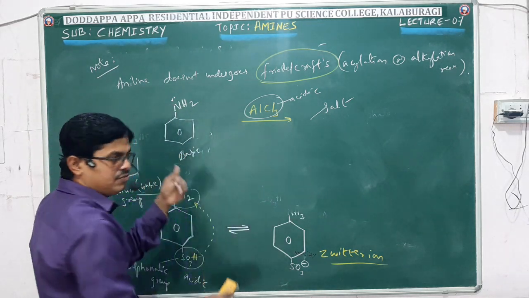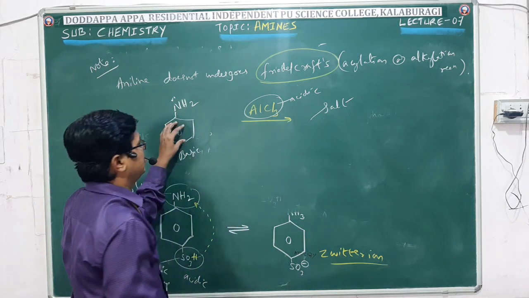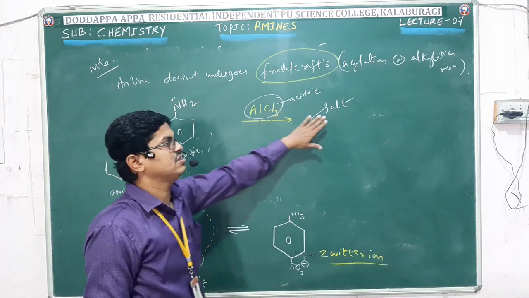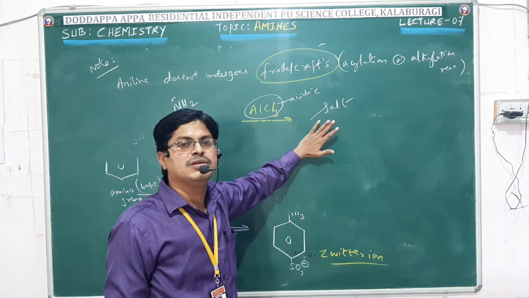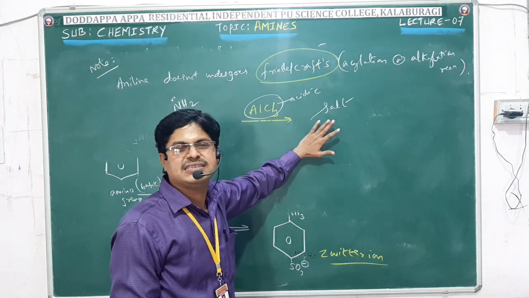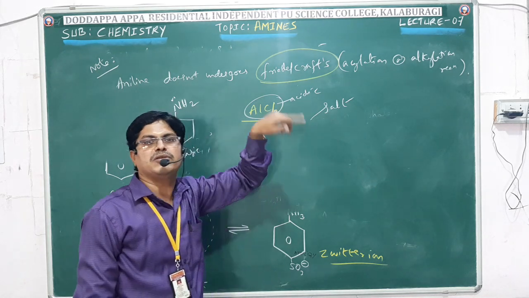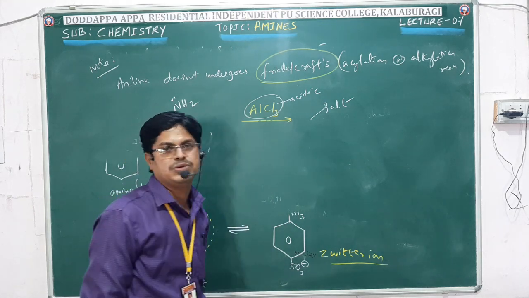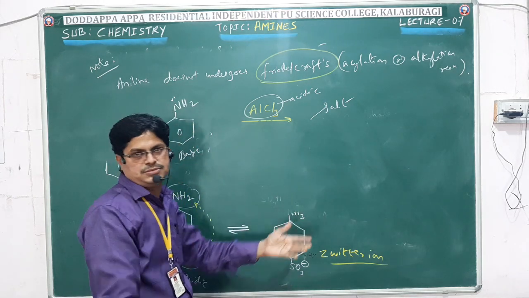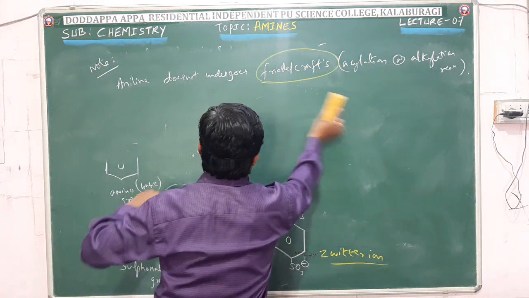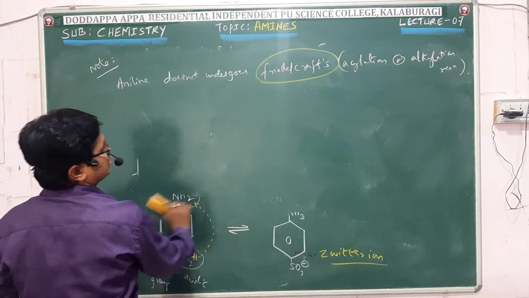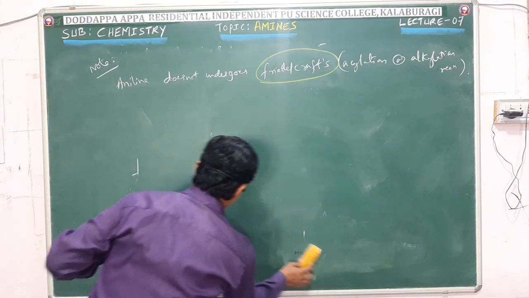Of course, if you want still in depth, this aniline when reacts with what? Aluminium chloride, it forms a salt. In that salt, aniline converts into what? Anilinium ion. So anilinium ion is an inactive group. It will not allow further reaction. So due to this reason, we are not using aniline in Friedel-Crafts reaction.